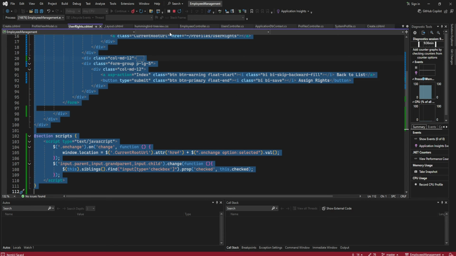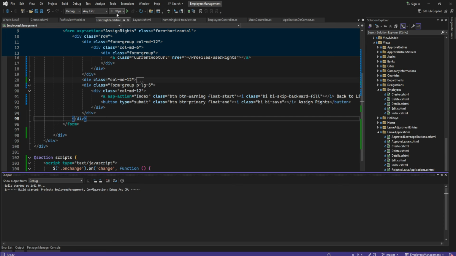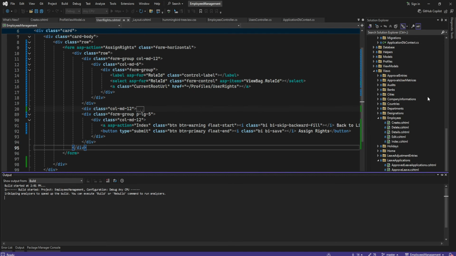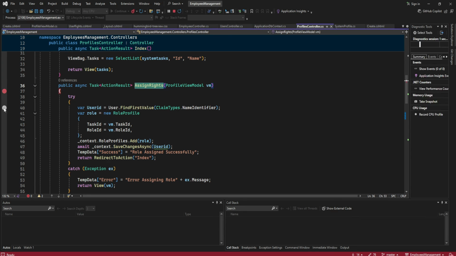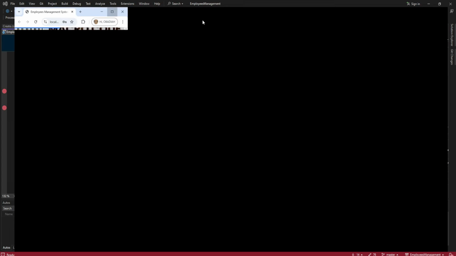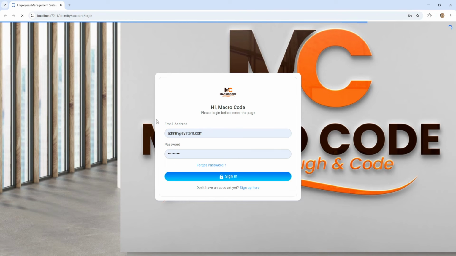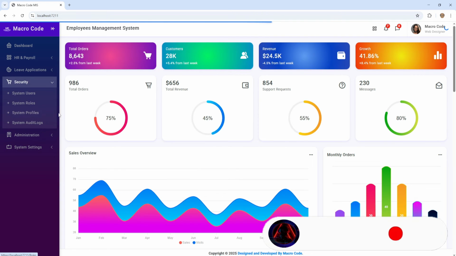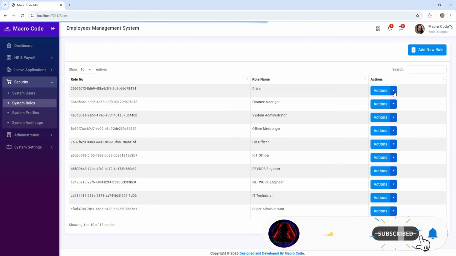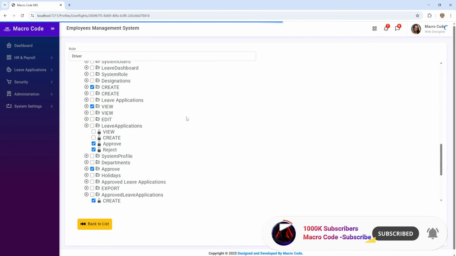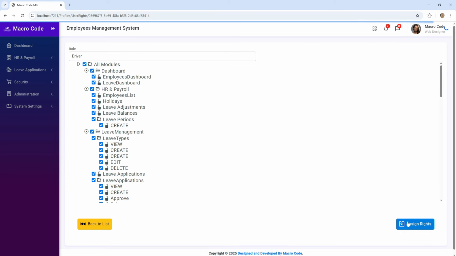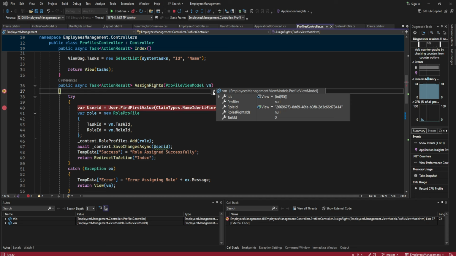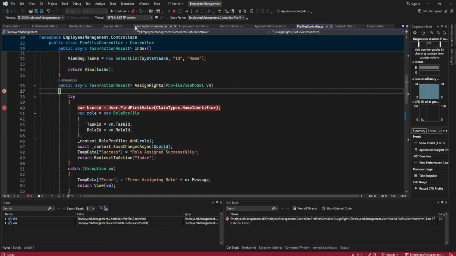So that is it. Let's just relaunch our app and see. I want us to ensure that when you click on assign rights, we can have our breakpoint here, and you should be able to see. So if we go to our app and go to user security roles, then we say here assign rights. You see we have these particular rights now, and if I select and click assign, you see here we will be having a list of IDs. So these are all the rights. So if I just proceed,